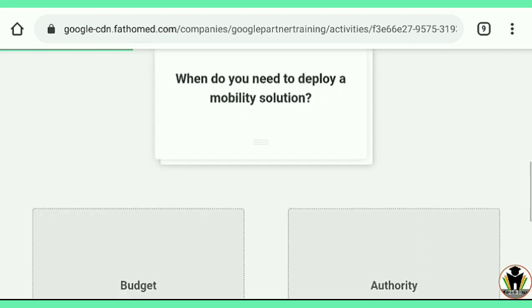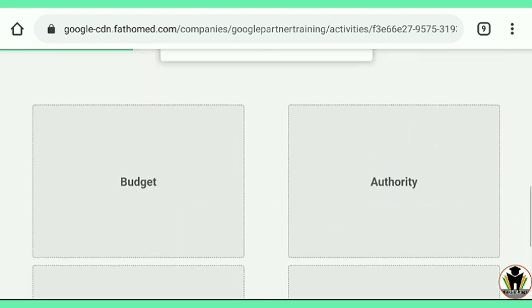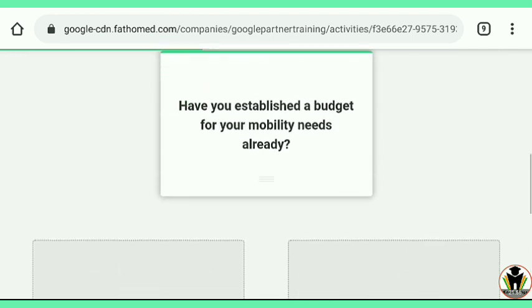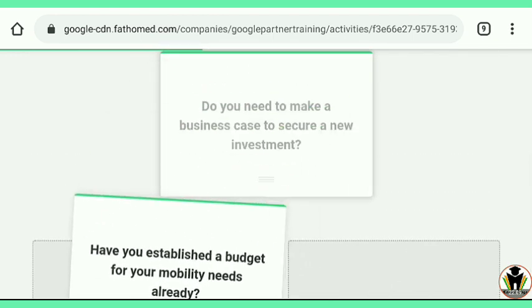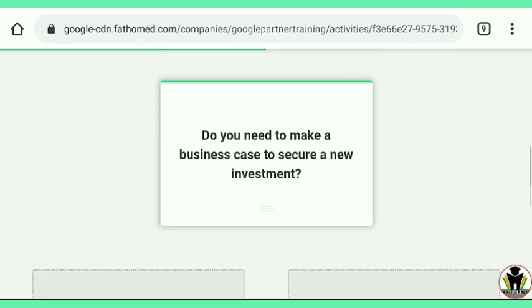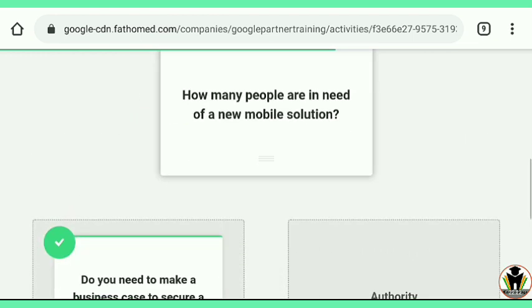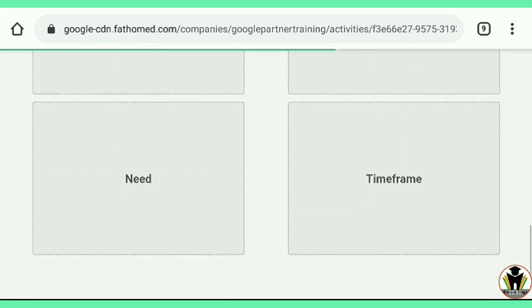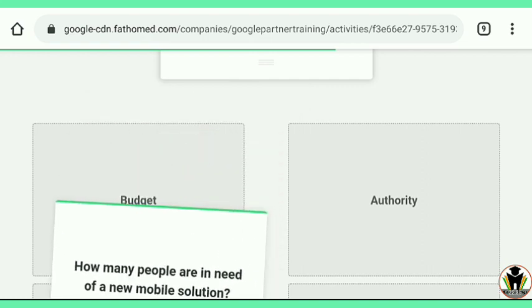And here, when do you need, it goes to the need column, not the need column, the time frame column. Have you stabilized a budget? It is a budget column. Do you need to make a business case to secure? It is also in budget. How many people are in need of a new mobile solution?